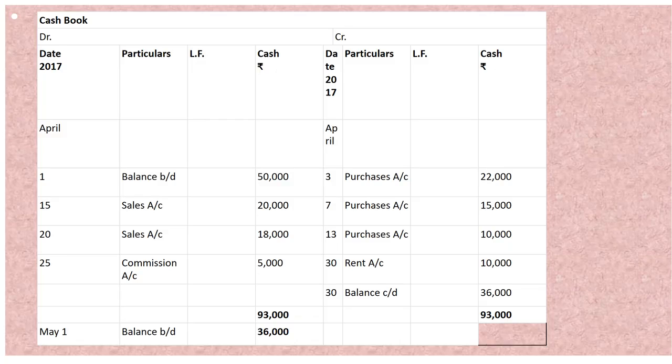So beta, you have to do these questions in this way only. First of all you have to prepare the format: debit side, credit side, date, particulars, ledger folio, voucher number, cash, all these things. And then you will have to enter the entries one by one. You will not consider credit transactions in these. Fine. And finally, you will total both the sides, total receipts and total payments. And then whatever amount is left will be considered as the carried down amount, and that will be brought down on the very first day of the next month. Fine. So your homework is that you will have to do question numbers 1 and 2 along with the illustration given in your book.